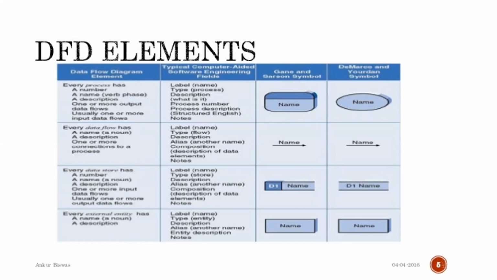There is a connection between the processes by data flow, which is shown with an arrow, a solid line with an arrow. Then there is the data store, which is used as a database, drawn with a rectangle, and the database number is mentioned on it with its name. And the fourth element of a data flow diagram is the external entity. These are the entities, and the names of the entities which are communicating with your process or system are mentioned here.